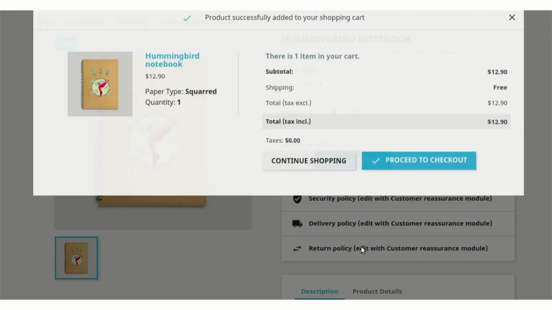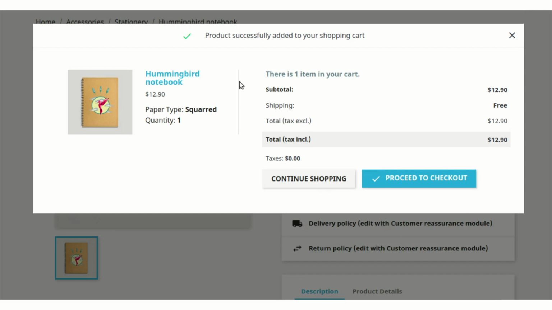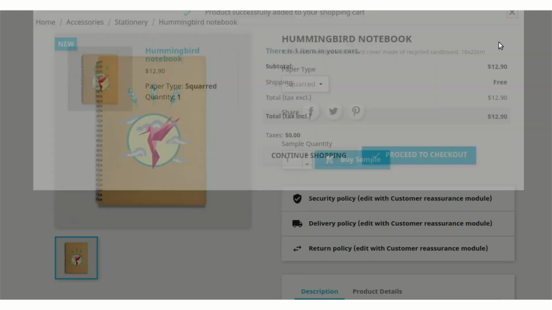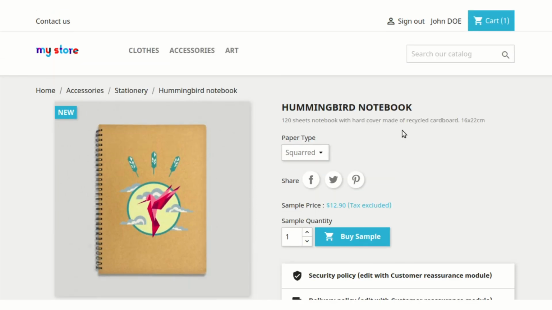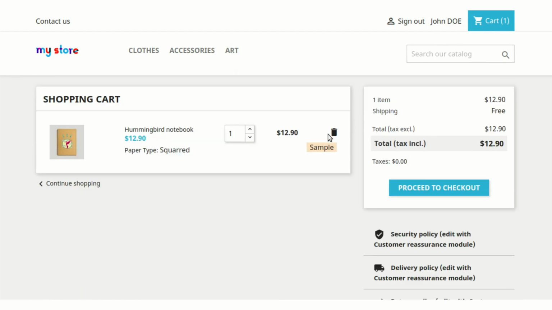However, let's add it to the cart to check. As you can see in the cart page, you can easily know that the standard price, that is $12.90, is only being charged from the customer. Now let's clear it out for the next section.